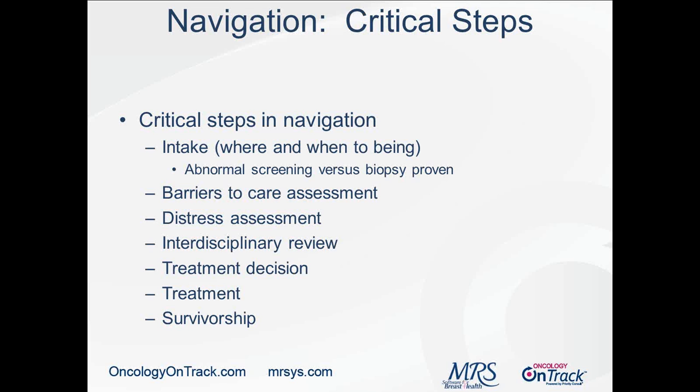The critical steps in navigation, things that we focus on with our clients, making sure that new navigators or existing navigation programs don't get overwhelmed in the amount of work that they're trying to do. We try to focus on some key steps. Patient intake, where to begin,